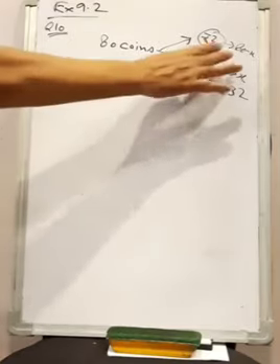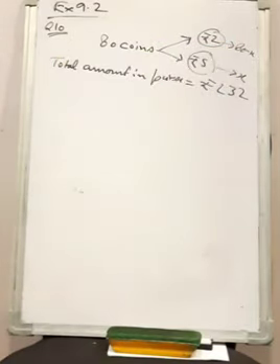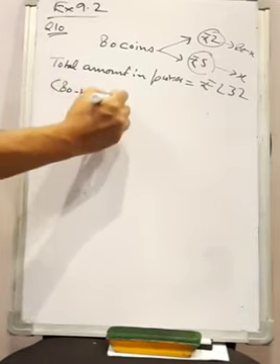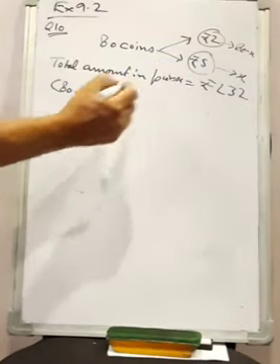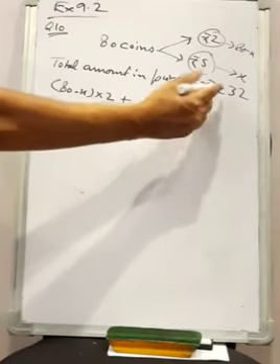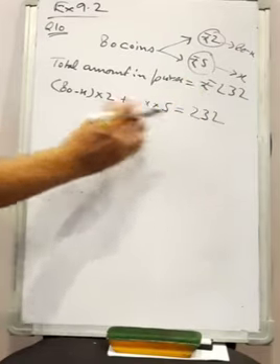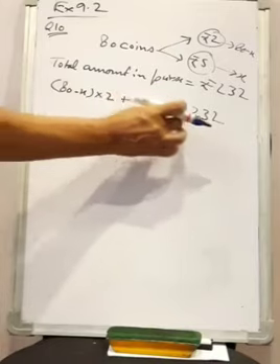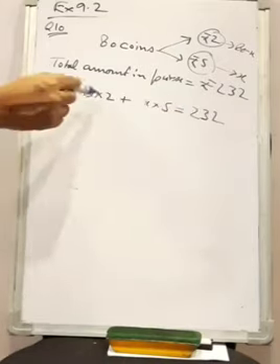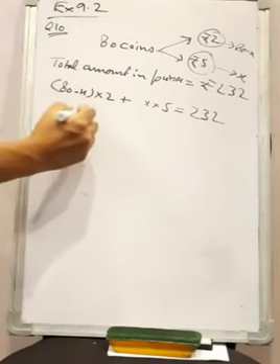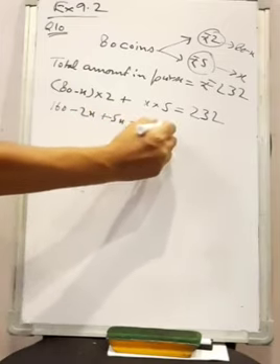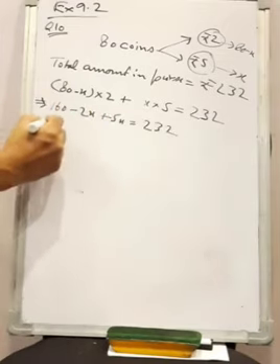So if you have 80 minus x coins of rupees 2, 80 minus x will be multiplied by its value, that is 2, and x will be multiplied by its value, that is rupees 5, and this is also given in rupees. So you have to check, this is in rupees, this is in rupees, and this is also in rupees. The unit should match. So you frame the equation. Now open the bracket. Right? Now simplify it.